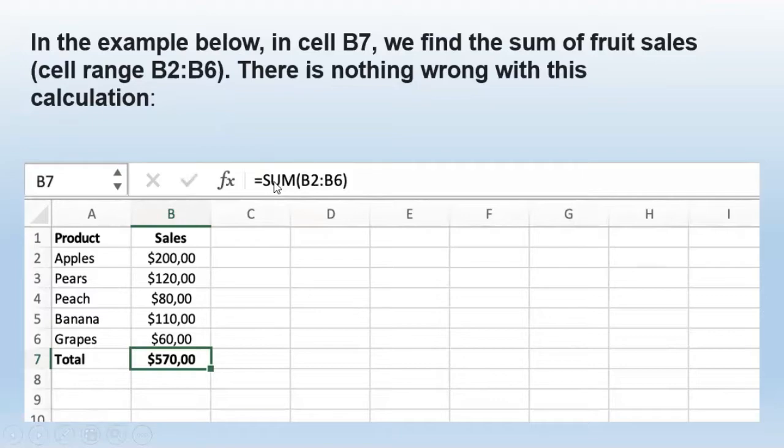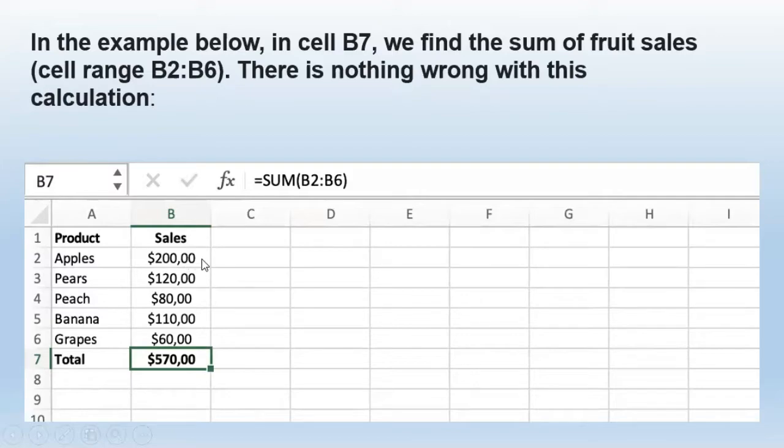This is the formula written over there: equal to, then we write the sum, meaning we require a sum of these numbers. First we always write the equal to sign at the start of a formula in MS Excel, and after that we write the sum, because we require a sum. If we required subtraction, addition, multiplication, or division, we would write that in place of sum. Then we put the bracket and then we write B2. B2 is the first value that we want to calculate.